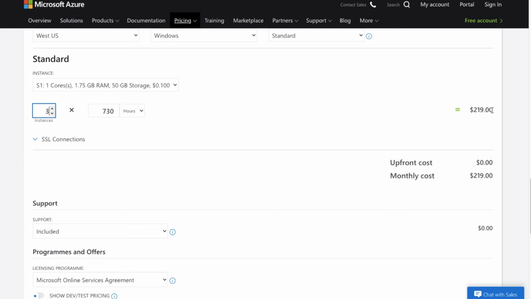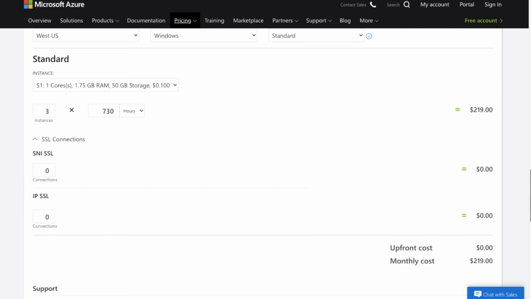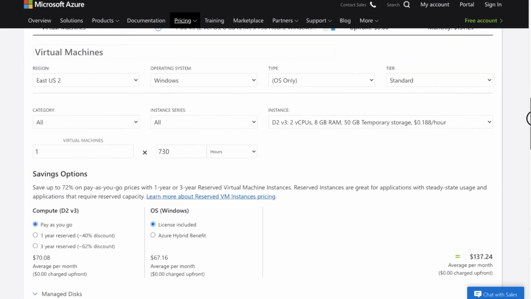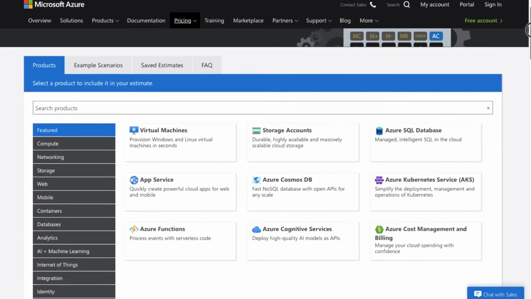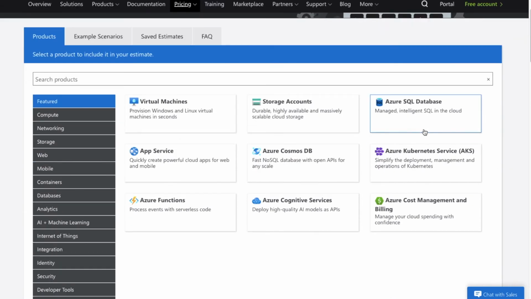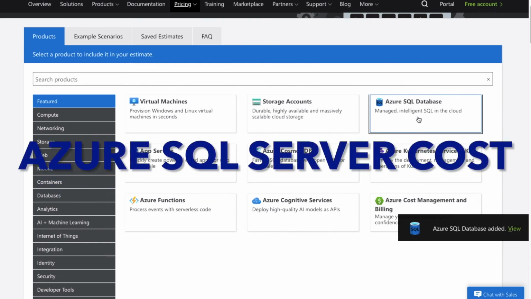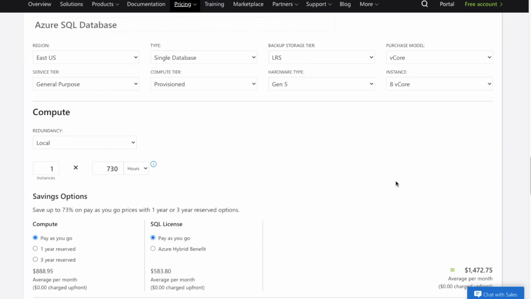So the next option for our migration scenario is that we have to select the Azure SQL database. This is for estimating the Azure server cost. So we have already added it here.